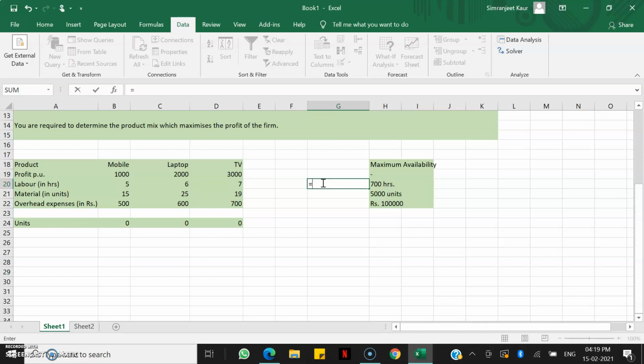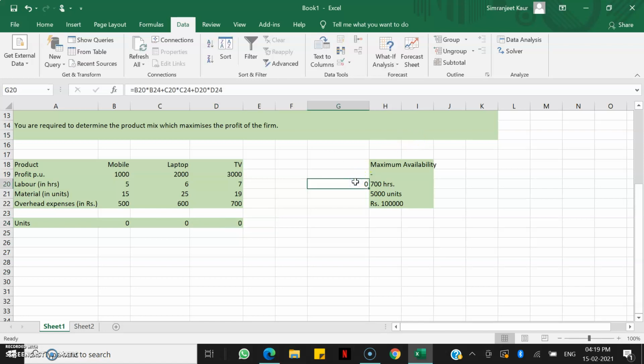So for labor, I'll start with B20, and as you can see in the colored boxes where we are going into B24 plus C20 into C24 plus D20 into D24. So I'll press enter here. Since we have 0 in units, that is why our answer is coming to 0. Now let's suppose I change this to 3. So you see our answer is also changing here. So let's go back to 0.